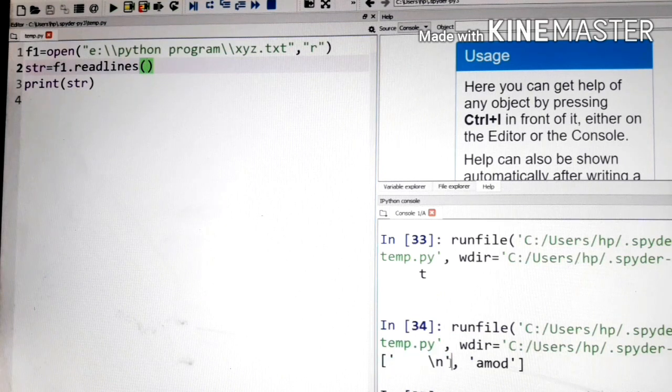Okay, comma, the second line contains AMOD. So the whole string is allocated and put up in the list, in the form of a list. So that is a very simple example through which you can identify the difference between readline and readlines.